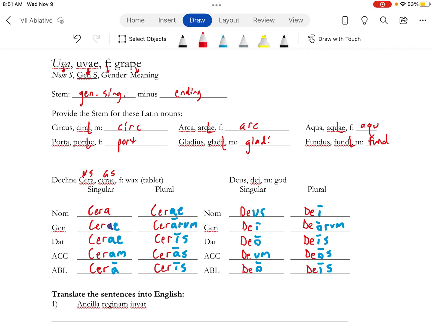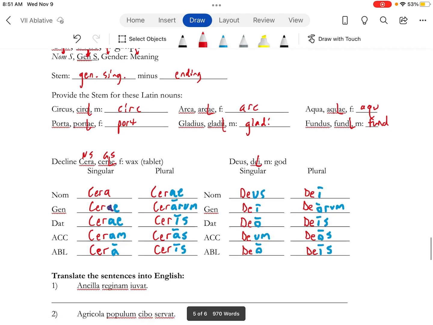Again, you get the stem off the genitive singular by taking off the ending.